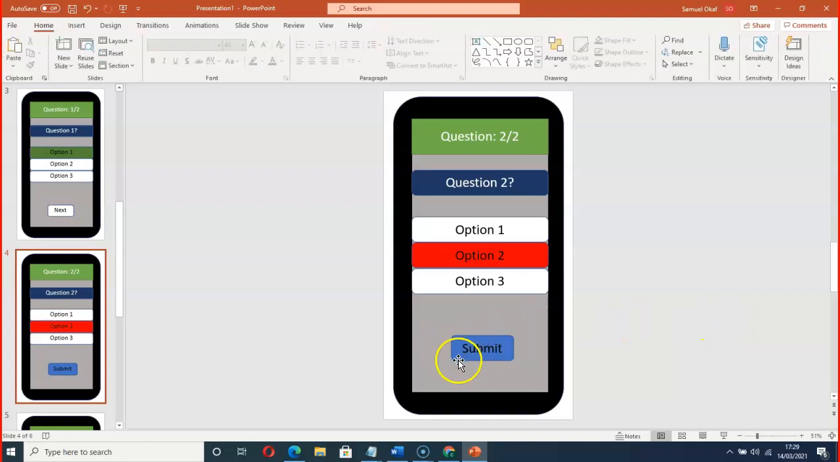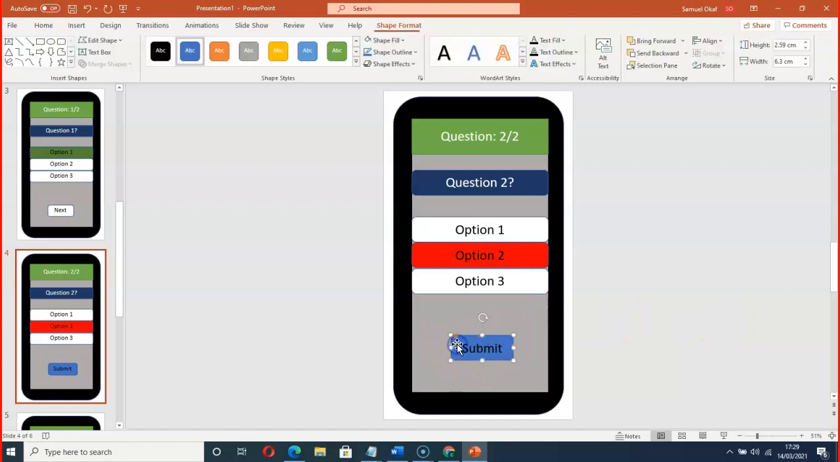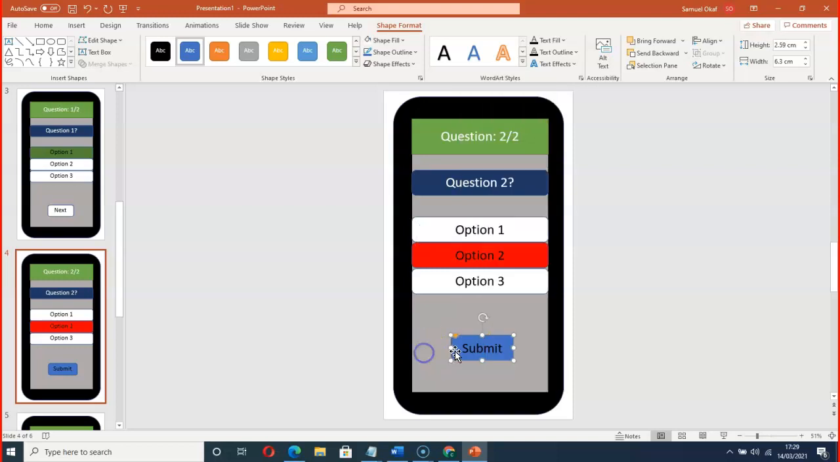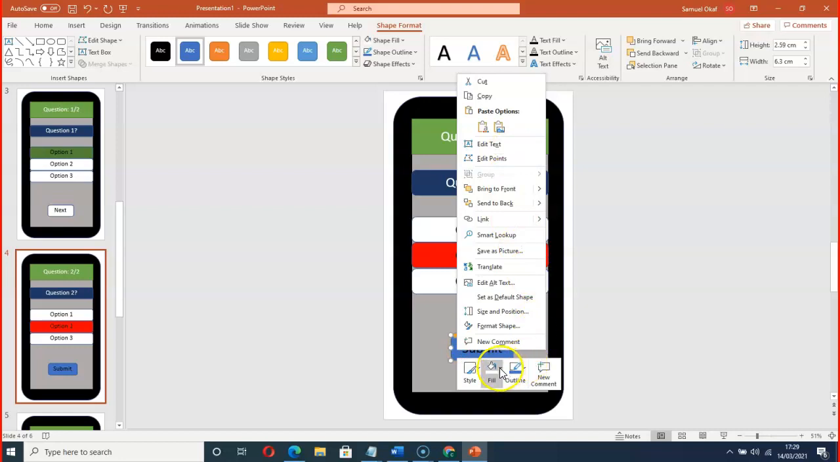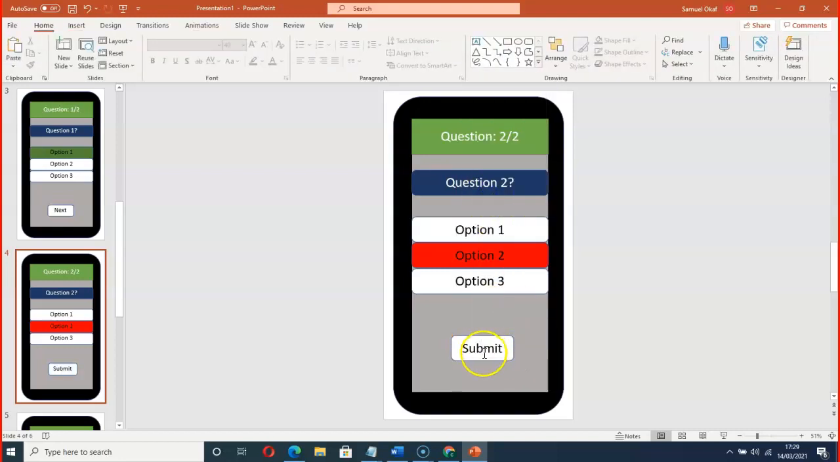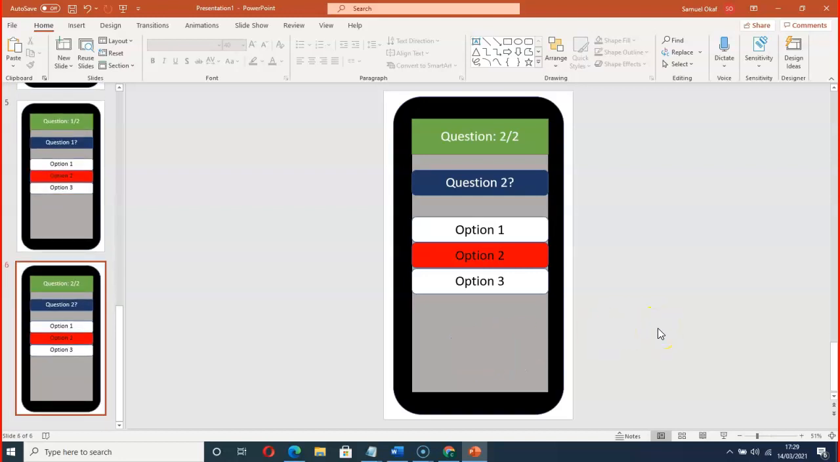Then here we have to select white. Let's see what we can do. Right click, and there we have, let's change the fill color to white. Here we go. So when you click on submit, I think we should have another page, let's call it a review page, that way